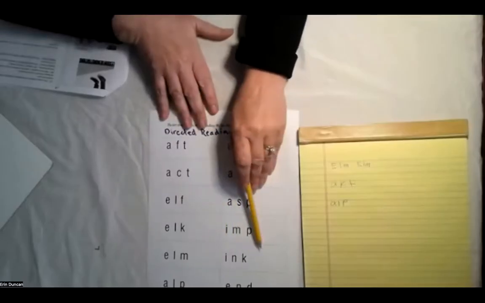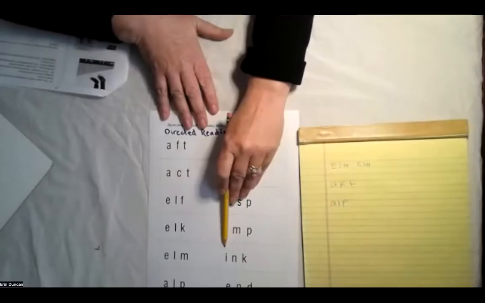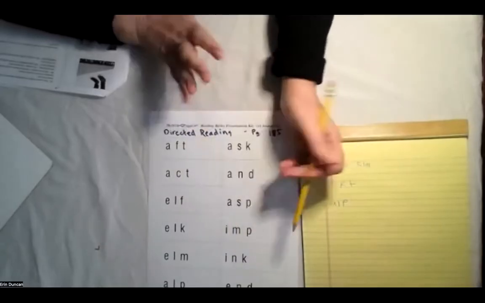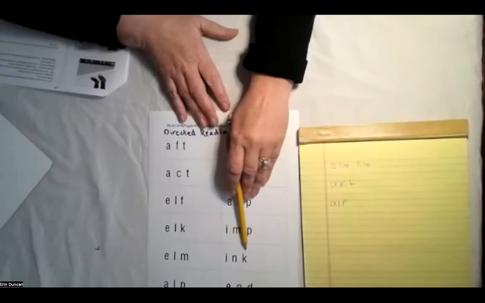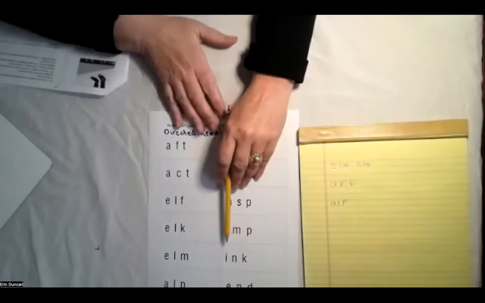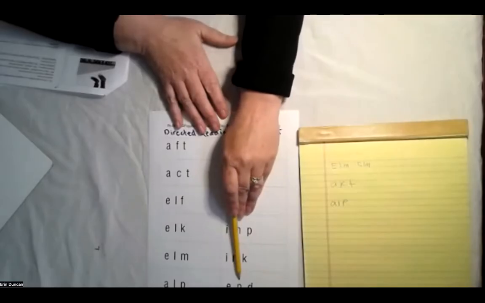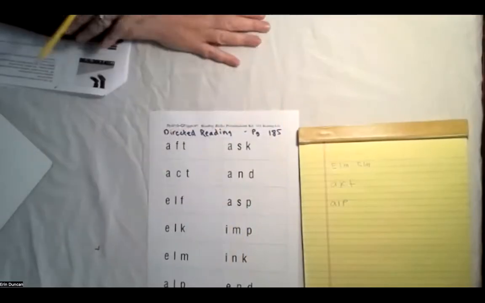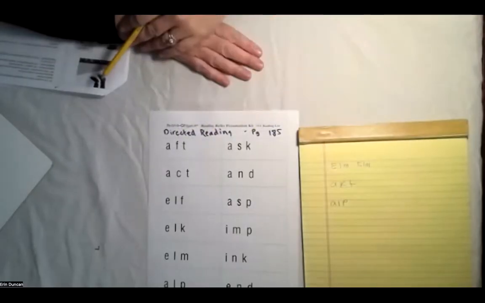And if you were reading this for the first time, you didn't know what the word is, you might start with it, right? Does that sound like ink enough, if you started with it? Enough. You could kind of jump to the word, right? All right, last one. This is the word end. End. Beautiful. So that is the directed reading lesson.